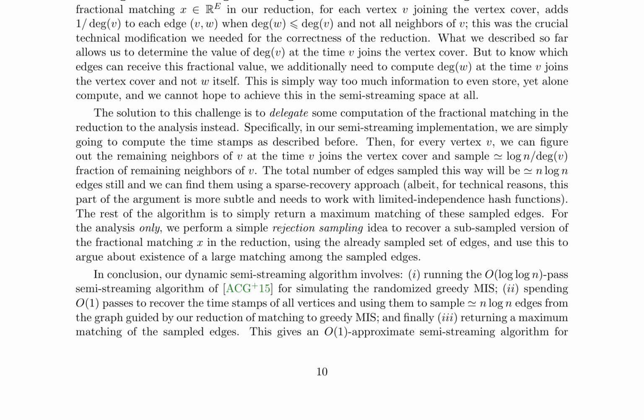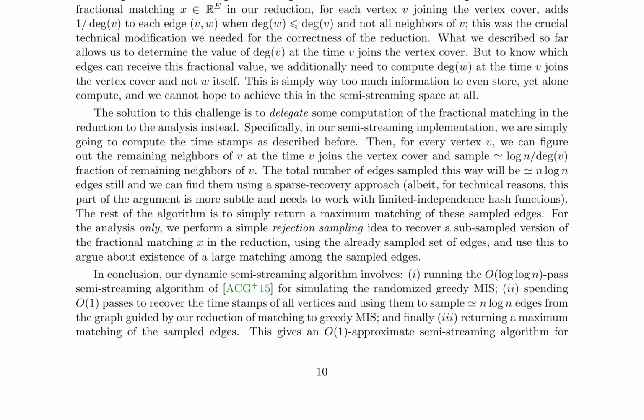They partition each batch into O(log n) subbatches and prove that, with high probability, for every vertex v, the first subbatch containing at least one neighbor of v in E can only have O(log n) neighbors of v in total. This property allows them to recover the timestamps of all vertices using O(1) passes and O(n) polylog n space.